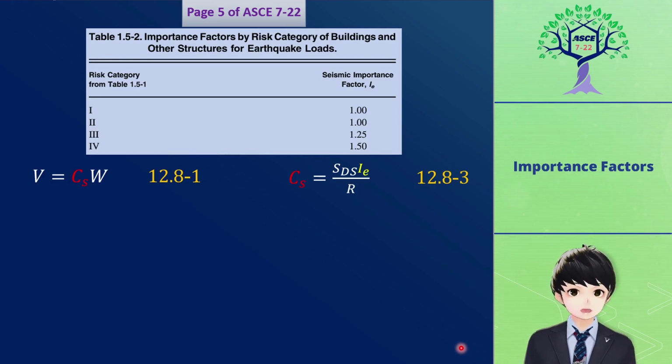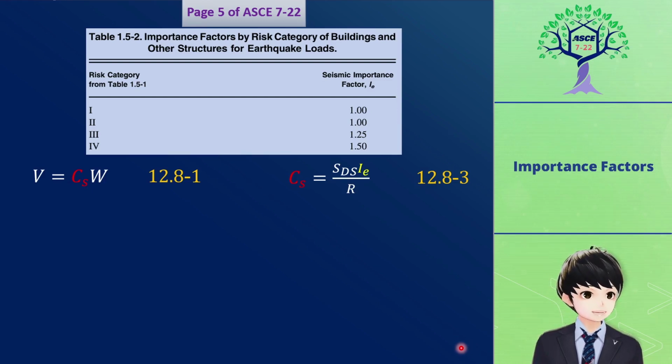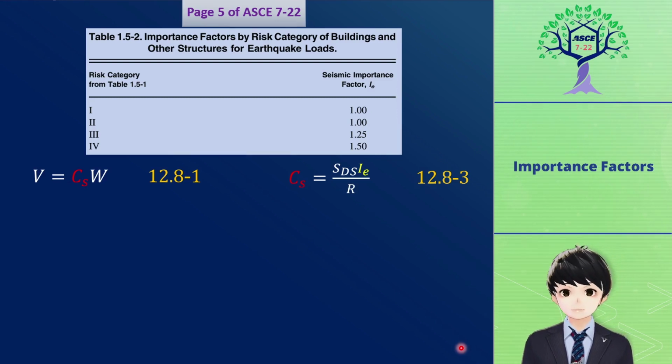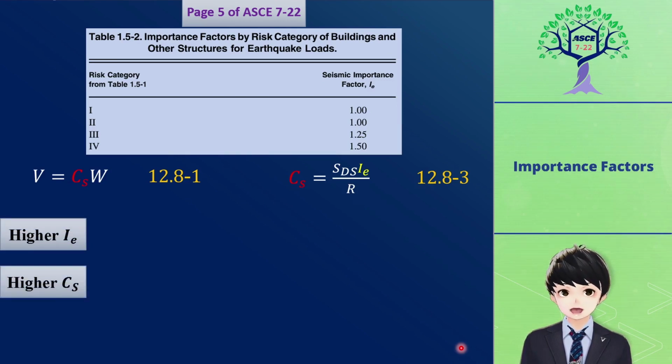In other words, the purpose of using this factor is to improve the capability of certain types of buildings, such as essential facilities and structures containing substantial quantities of hazardous materials, to have their serviceability and functionality during and after earthquakes. All in all, when we deal with a higher importance factor, we will have higher Cs and consequently higher seismic